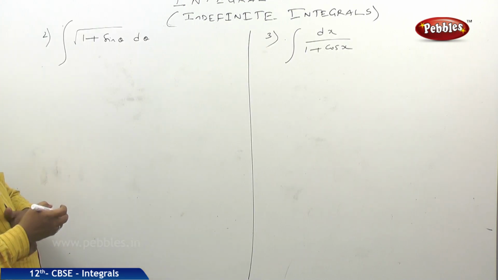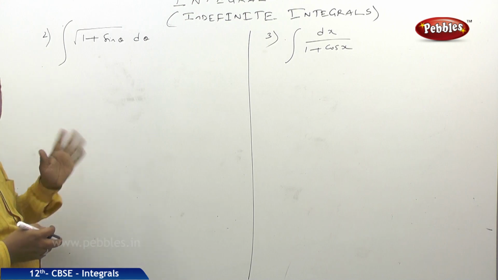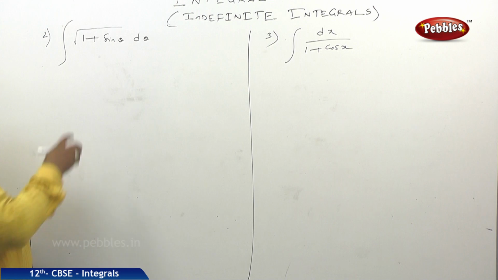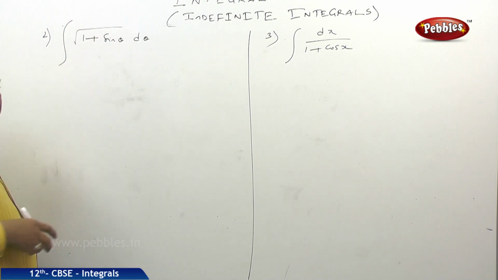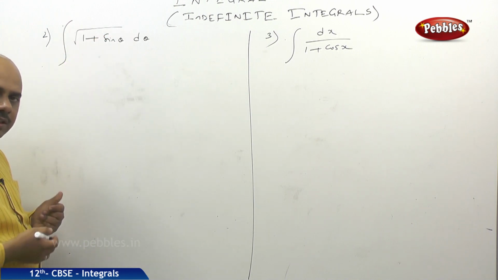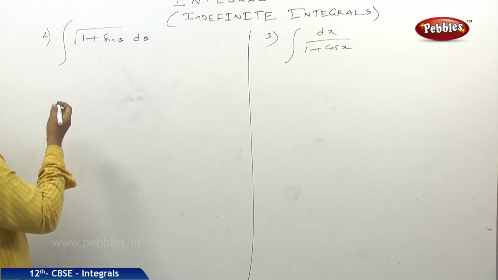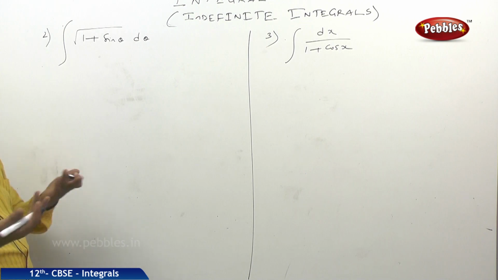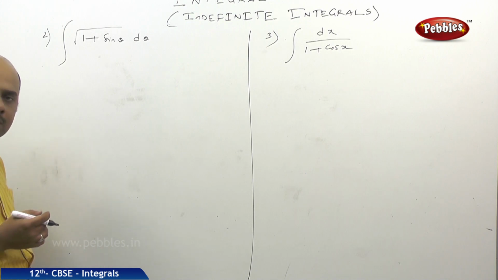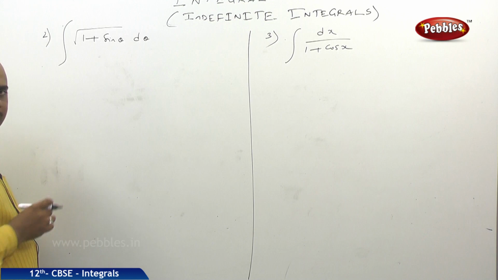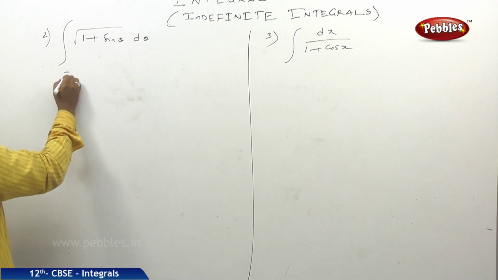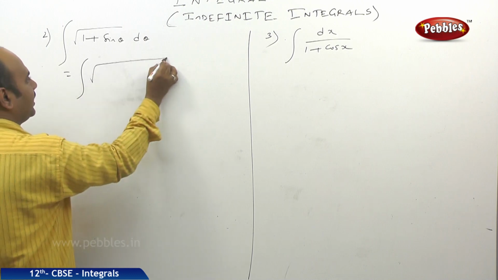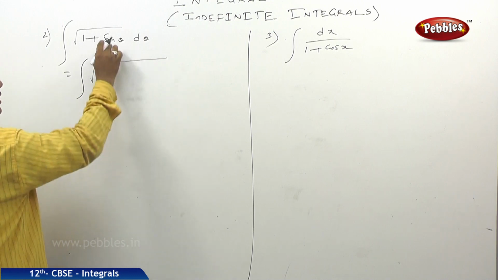Now, just now we discussed application of integration with respect to trigonometric functions. If you observe carefully, integral of root of 1 plus sin theta d theta, and we don't know which formula we need to apply. So again we need to think, are there any conversions or not. One can be written as sin square theta by 2 plus cos square theta by 2. How will I get an idea? Here sin theta is there.